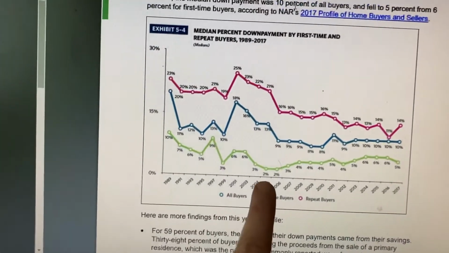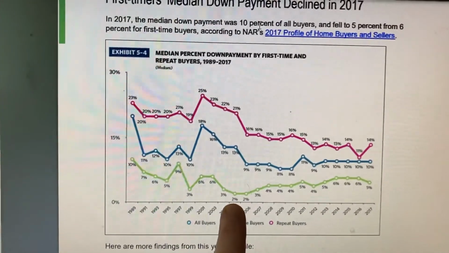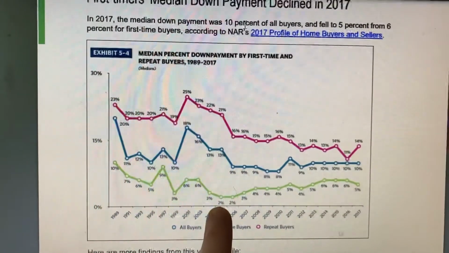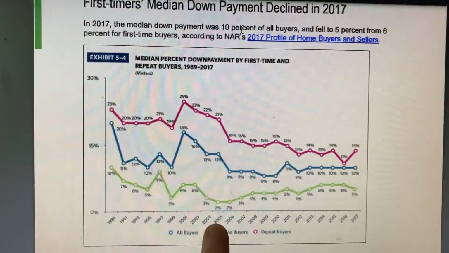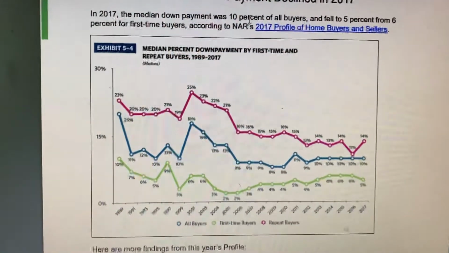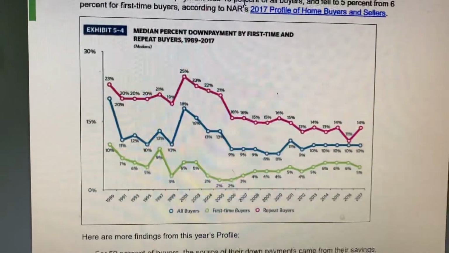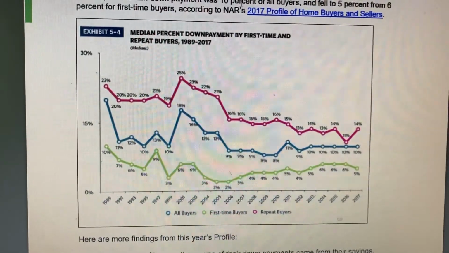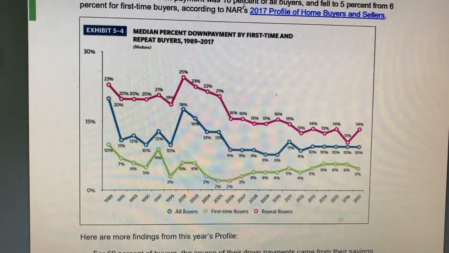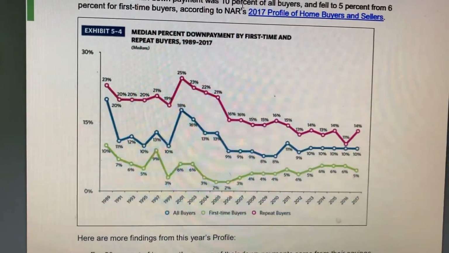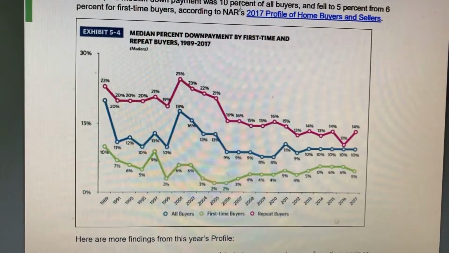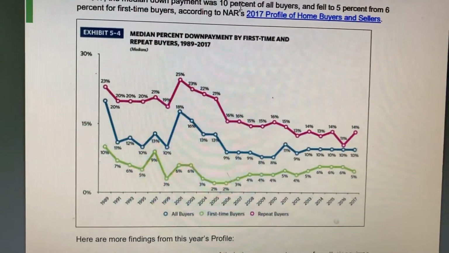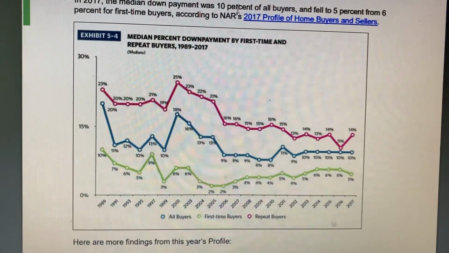In 2005, the average down payment rate was 2% on a house for first-time home buyers. 2%. That's below the FHA loan down payment rate of 3.5%. So what's going on there is you have people doing what are called VA loans, veterans loans. There's some USDA loans. Not really important topics for this class, but it just goes to show that down payments